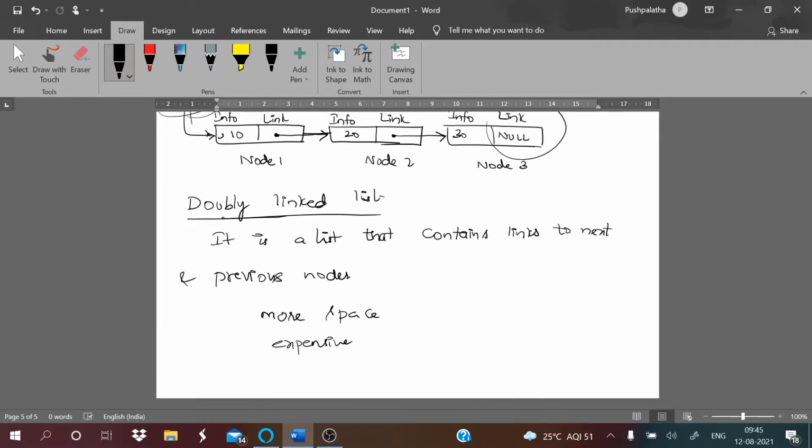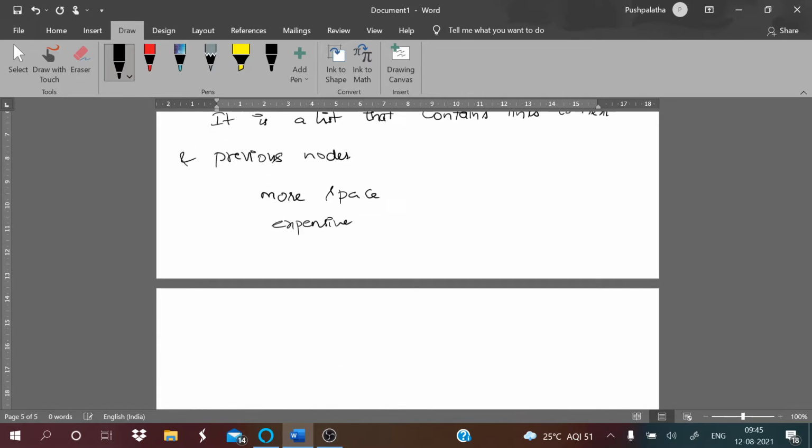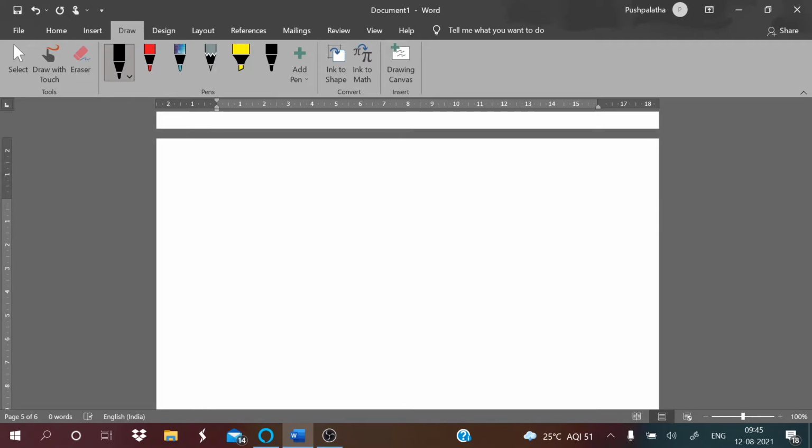You will understand this much better with the figure. So this is the figure. As we said, we have your start, which stores the address of the first node, and you have three parts here in a doubly linked list. One is your left link, one is your info, and one is your right link. This is your first node.